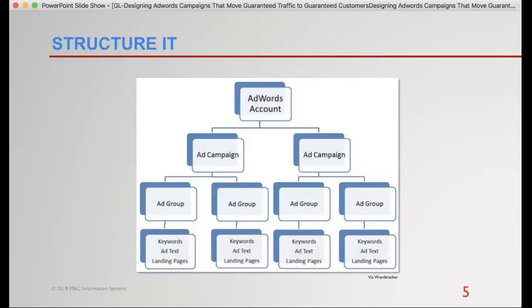You've probably seen this before, but it always bears repeating. Inside of AdWords, inside of your Google Ads account, there's going to be campaigns. And each campaign is really divided into multiple pieces. When we are troubleshooting accounts, the reason I bring this up as point number 2, how you structure it to get more out of it, is oftentimes we see ad campaigns that are really more Venn diagrams than individual campaigns. There's so much overlap that it's throwing off the spend, and every time we fix something in one ad campaign, the other ad campaign ends up driving new dollar amounts.